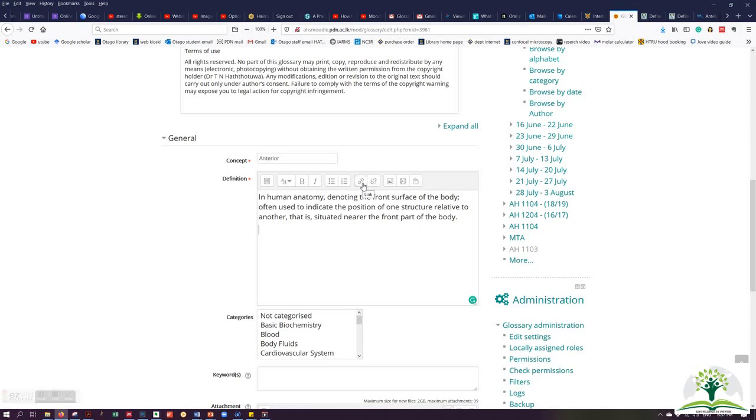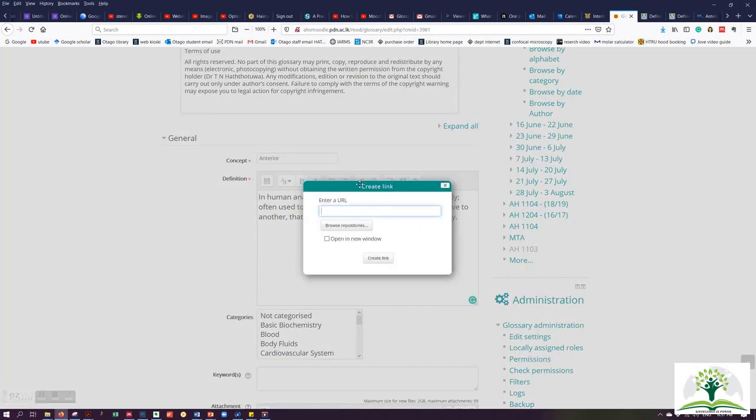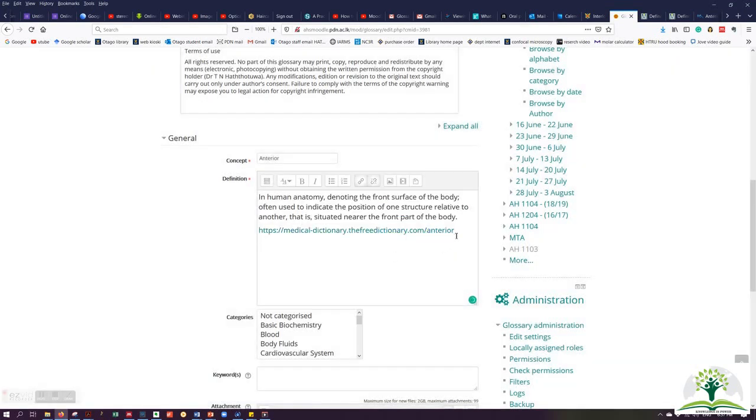Just paste the link there and hit the create link button. That will create a link to the source from where you get the definition. So anybody interested can click on this and go to the original page and read more about the definition.